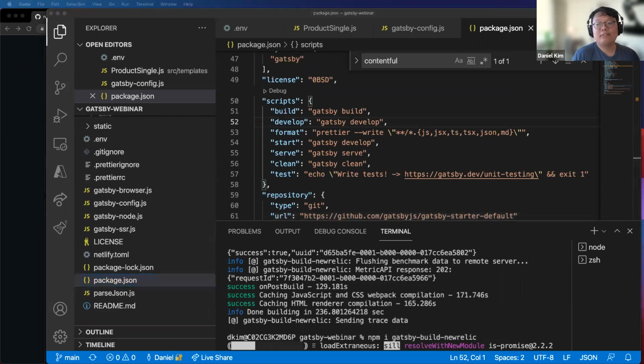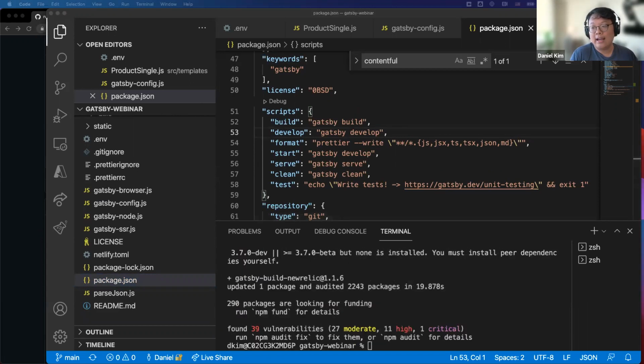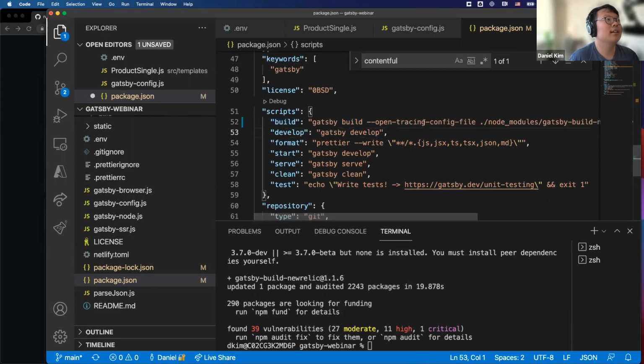The reason I have to do this is that you have to enable some feature flags within Gatsby's build command to allow Gatsby to enable tracing for your application. If you go into the README of the application, there should be a little code snippet that you can easily copy and paste into the scripts portion of your package.json, which I'm going to do now.